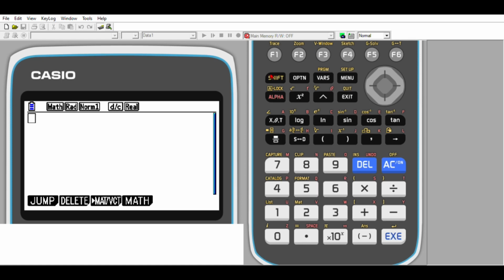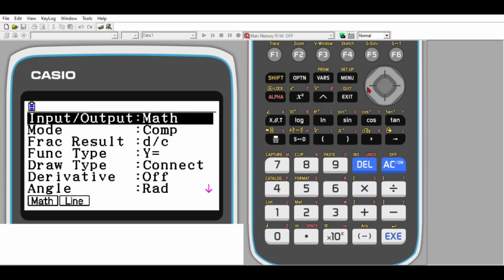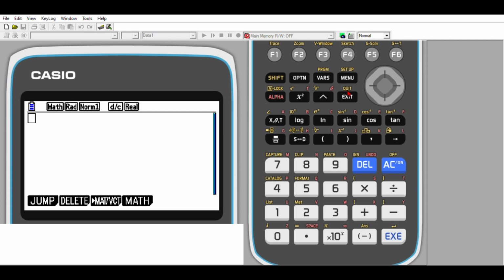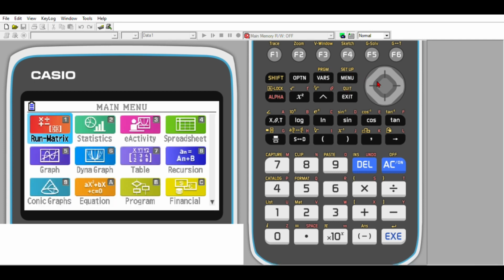So we first go to shift menu, just like if we're changing the angle from degrees to radians or radians to degrees. But before angle, you see that there's an option which says derivative. So you want to turn this on for now, to see what changes when you turn that on. Okay, so then if you go to menu graph,